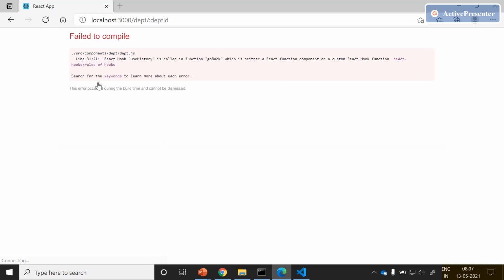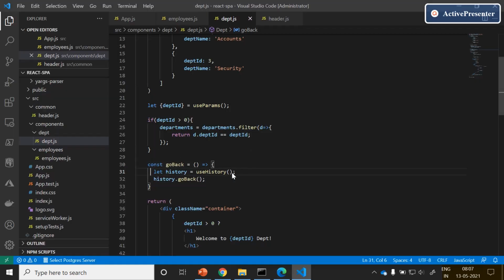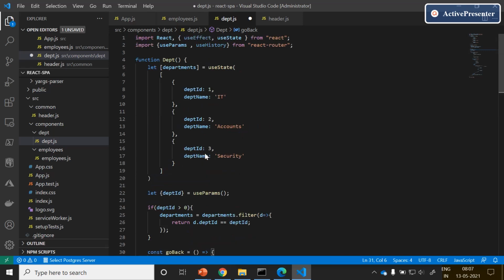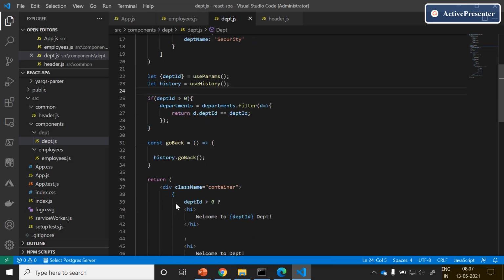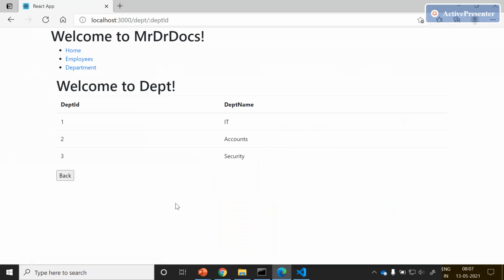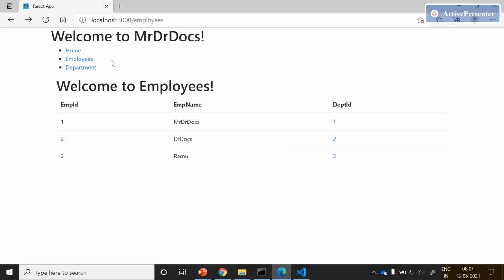We are seeing one issue: useHistory is called goBack, which is neither a React component nor a custom React hook. Let me move this back below our useParams. Here you can see a back button which will help us navigate back to employees.